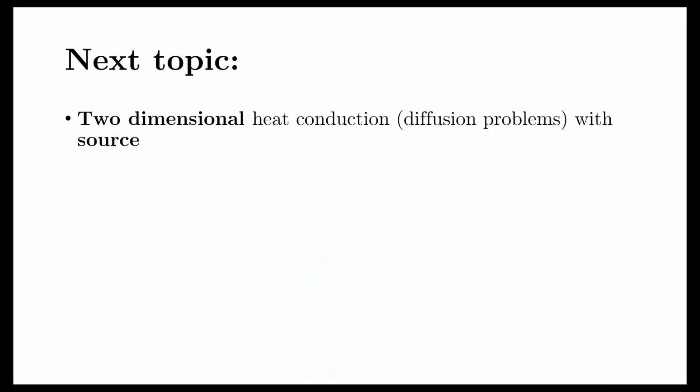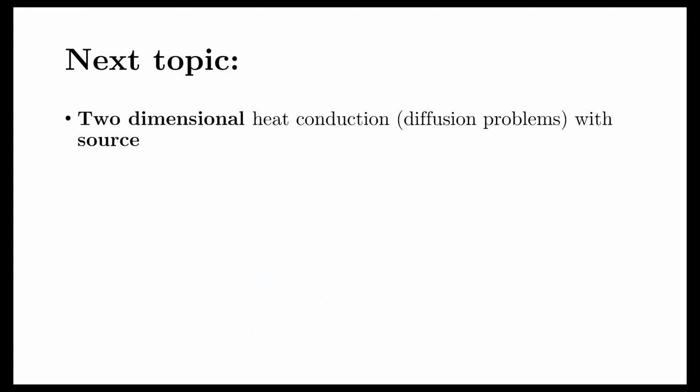In the next lecture, we would start the new topic, that is two-dimensional heat conduction, or rather two-dimensional diffusion problems in general, with a source. So far we haven't considered the presence of a source or a sink term inside our domain, but it would be clear what the implications of that would be when we consider a two-dimensional scenario. So we are introducing two complexities now. The first is that the domain would be two-dimensional, so we would have a rectangular or a square kind of system, and we would have a source term.